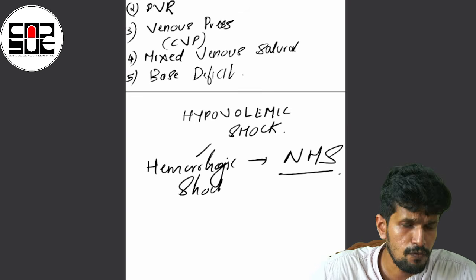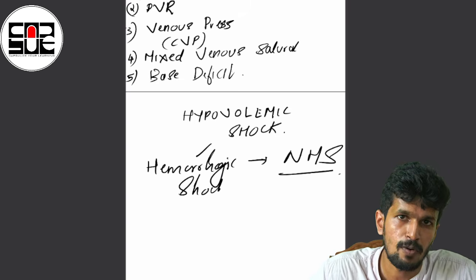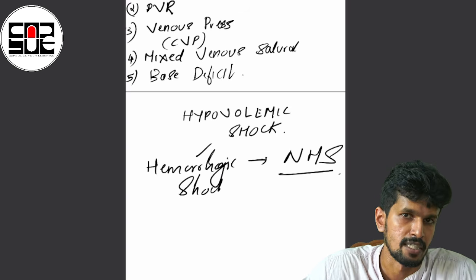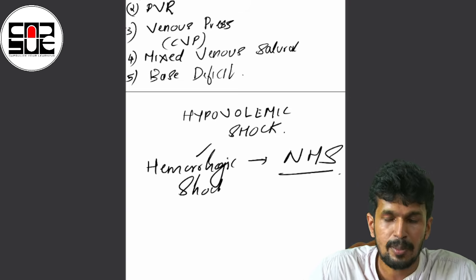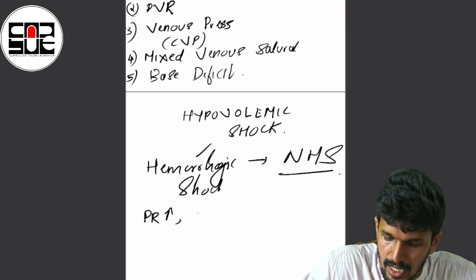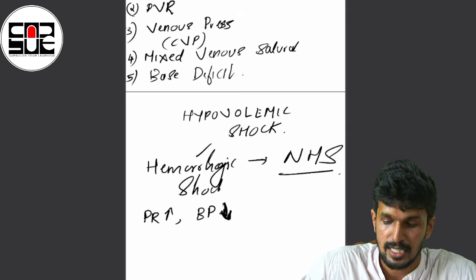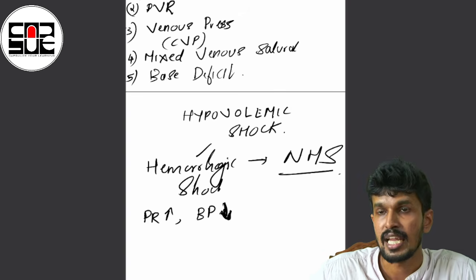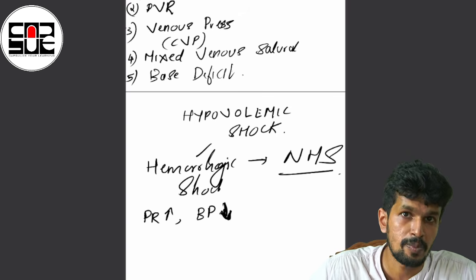It is understood that following a blunt trauma abdomen, that is for a young male or female who presents following a high velocity road traffic accident with sustained injury to the abdomen, when such a patient presents to you in a state of hemodynamic instability. What does hemodynamic instability mean? That is, the pulse rate is elevated, the patient is having tachycardia, BP is decreased, hypotensive patient. We need to suspect that a hemodynamically unstable patient with a blunt trauma to the abdomen is very likely to have an intra-abdominal visceral organ injury causing the blood loss, which should be addressed at the earliest.